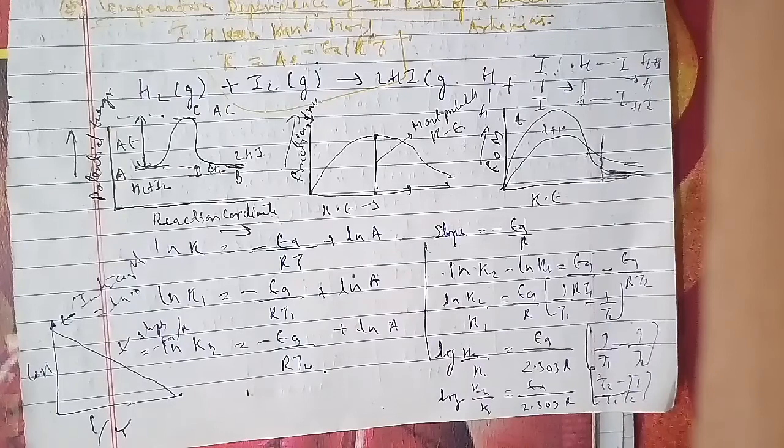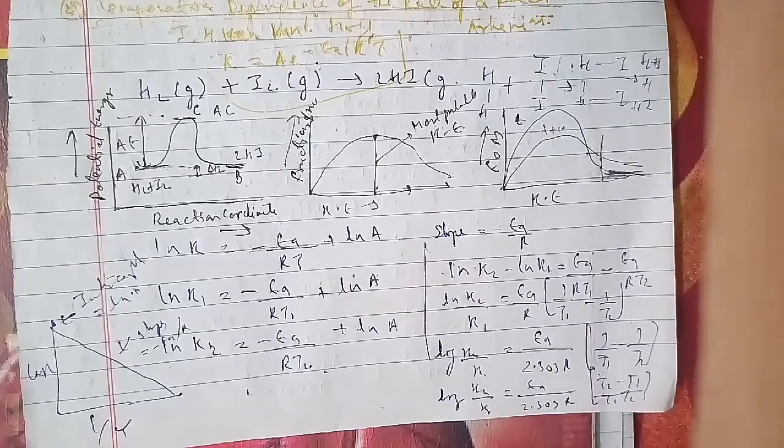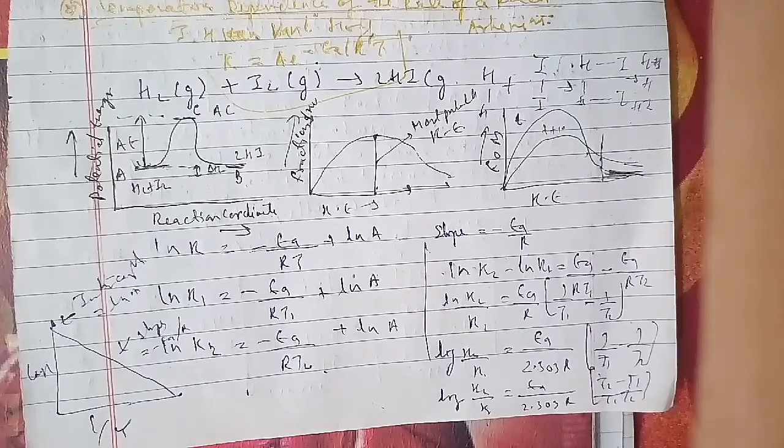So we'll go ahead and do different questions as well, which is also important. The question of the session is as follows. The rate constants of a reaction at 500 K and 700 K are 0.02 second inverse and 0.07 second inverse respectively. We have to calculate the value of EA and A. This is the 10th question of the session.